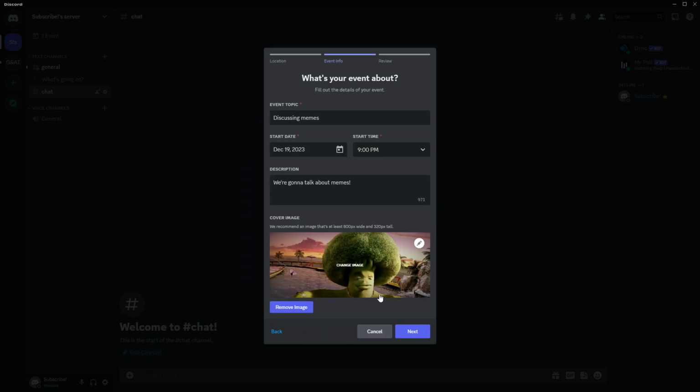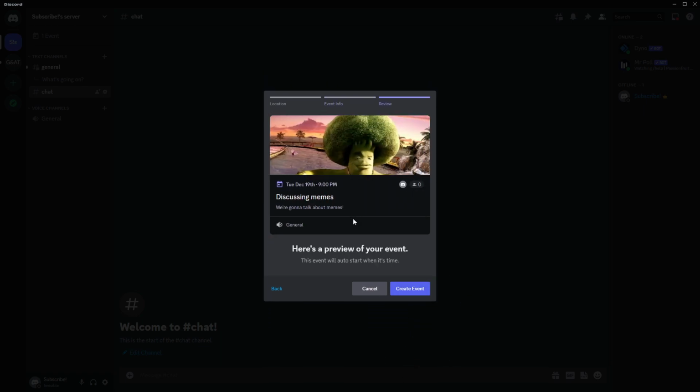Now after setting everything up, we can press next, and that's pretty much it. Now we can only press create event to finalize the setting up of the event. So let's press that,